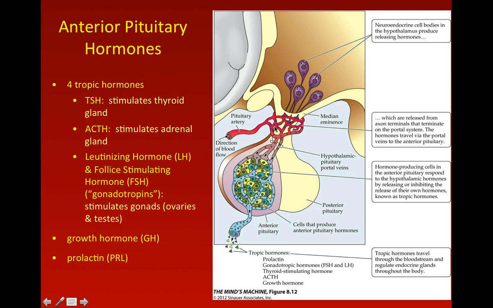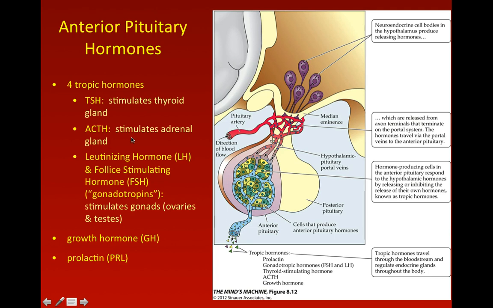So remember, the way that these hormones get released from the anterior pituitary is there are neurons in the hypothalamus. They release releasing hormones into the portal circulation. The releasing hormones will diffuse out at the anterior pituitary, bind cells here, triggering the release of other hormones into the systemic circulation. 4 of the hormones that get released are actually tropic hormones that will go and act on